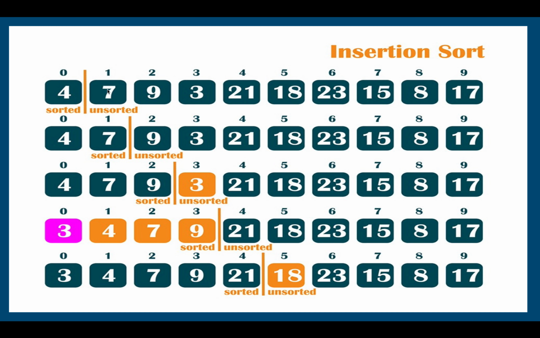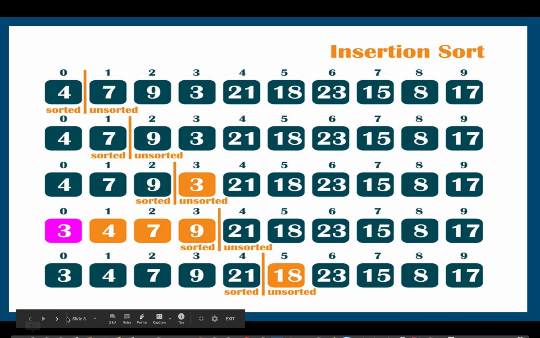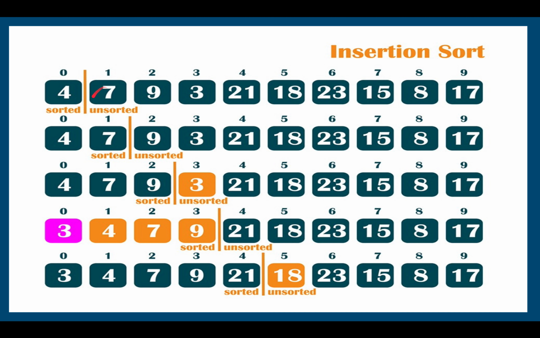Whenever we are at any element, suppose in this case at the 7, we ask one question: is my current element smaller than this element? We will check. Okay, answer is no. We insert the element just after that. Again, 9: is 9 smaller than 7? No, insert the 9 there only. 3: is 3 smaller than the 9? The answer is yes. In that case, we will move 9 to its next position.